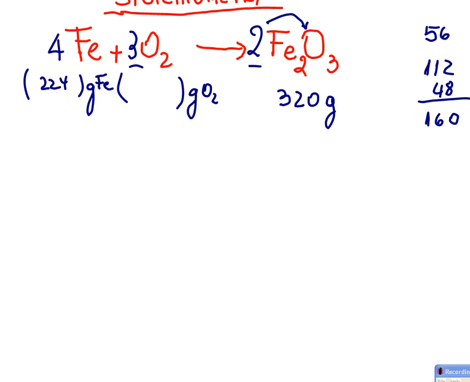Yes? Okay, I'm good at math. 96. Okay? What does this mean? That if I have 224 grams of iron, we will need 96 grams of oxygen to react completely and form this one. So now we can make calculations. For example, we are not going to take 224 grams of iron and burn them